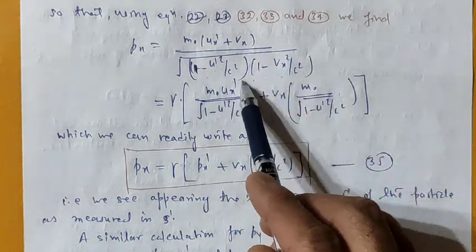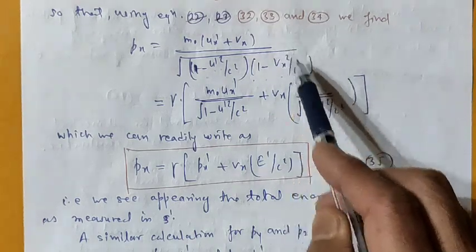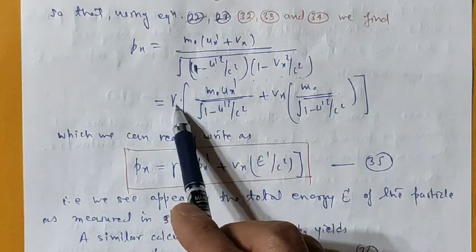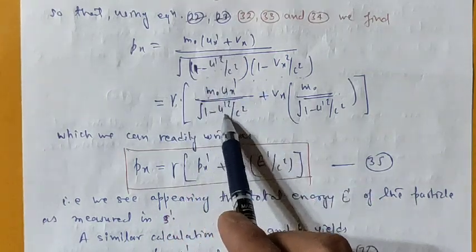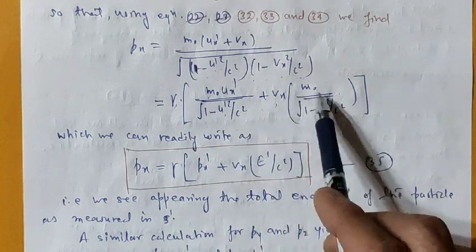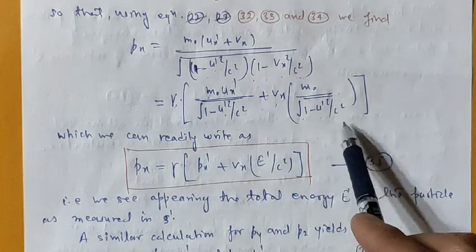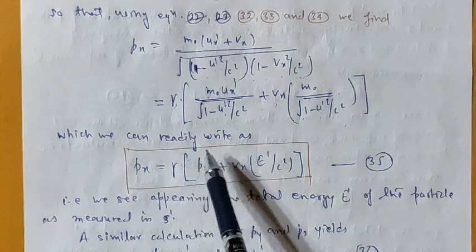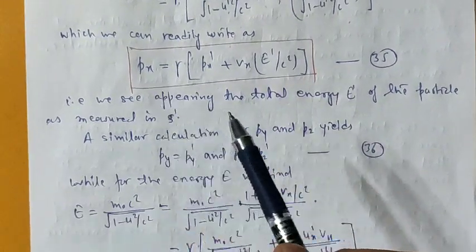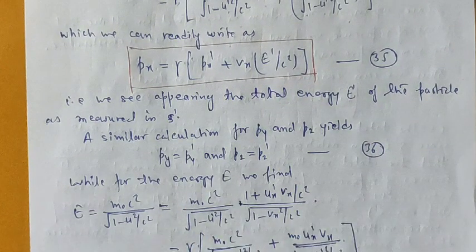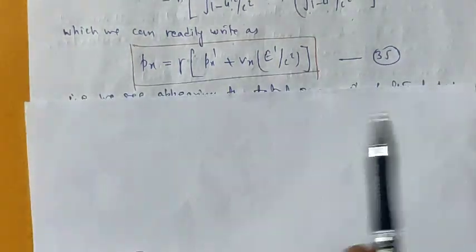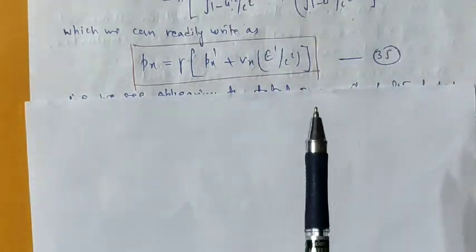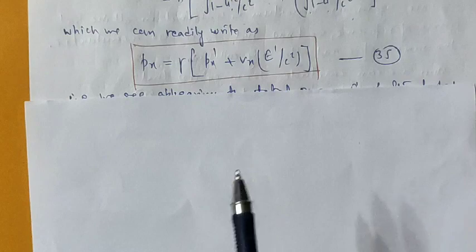This under root 1 minus vx square divided by c square, this is 1 upon under root 1 minus vx square divided by c square. This is gamma. I take this gamma outside. Then m naught ux divided by under root 1 minus u prime square divided by c square plus vx times m naught divided by under root 1 minus u prime square divided by c square, which we can readily write as px. I could write this px is equal to gamma times px prime, because